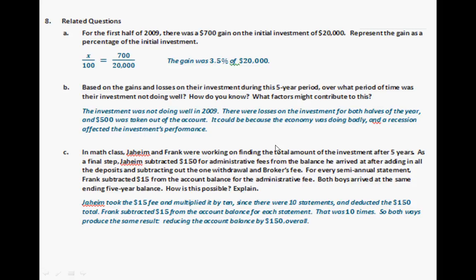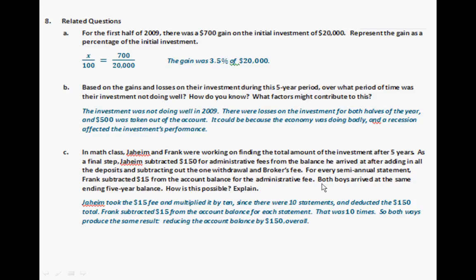Based on the gains and losses, over what time was the investment not doing well? Well, again, just looking at your chart and making some observations. So the investment was not doing well in 2009. There were losses on the investment for both halves of the year. And $500 was taken out of the account. And you can make an assumption as to why you think that happened. And then for part C,